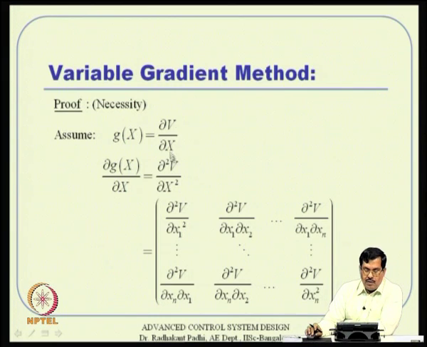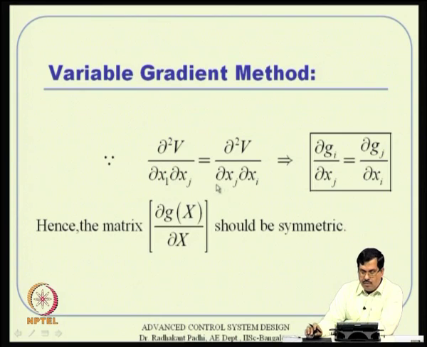g of x is del v by del x by definition. So, del g by del x is by definition that, and if you simply expand what is going on here, del v by del x, it is nothing but that. Right. So, del square v by del x square, that will happen to be like this. Obviously, because these conditions are true, that means del square v by del x i del x j,